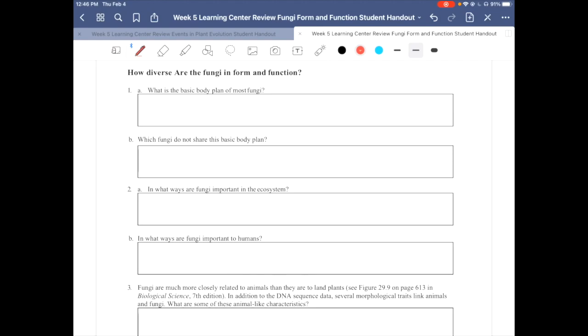So we're going to be shifting a little bit from the plants and looking at fungi and their form and function. So the first question is, what is the basic body plan of most fungi? Most of them are composed of filamentous hyphae,